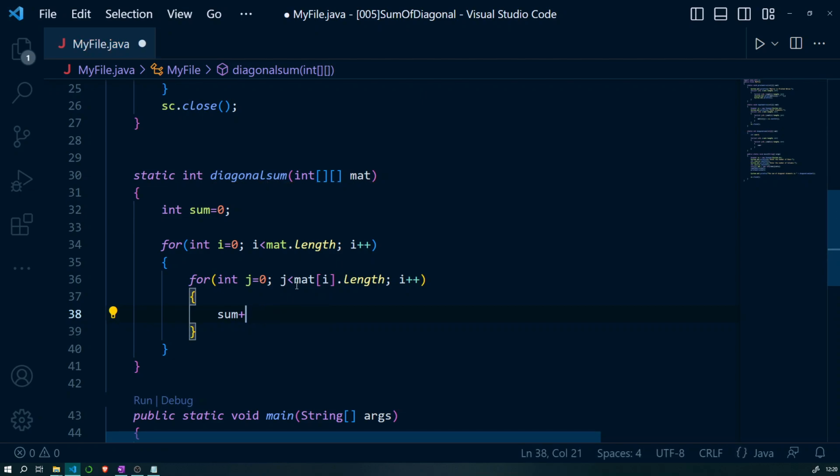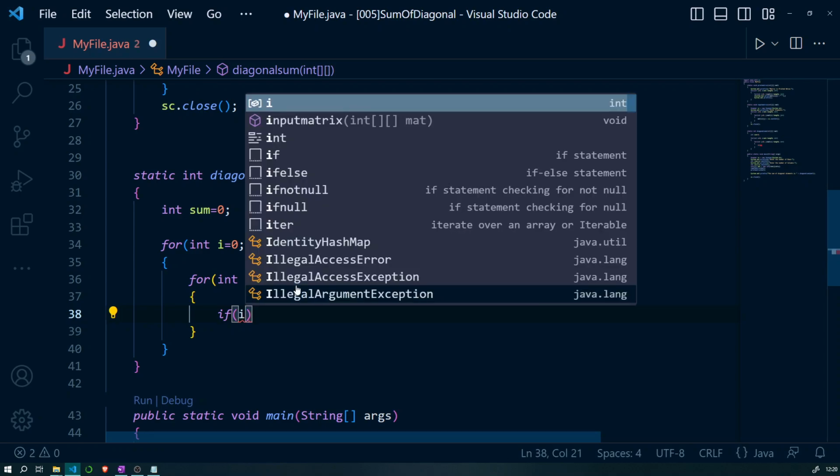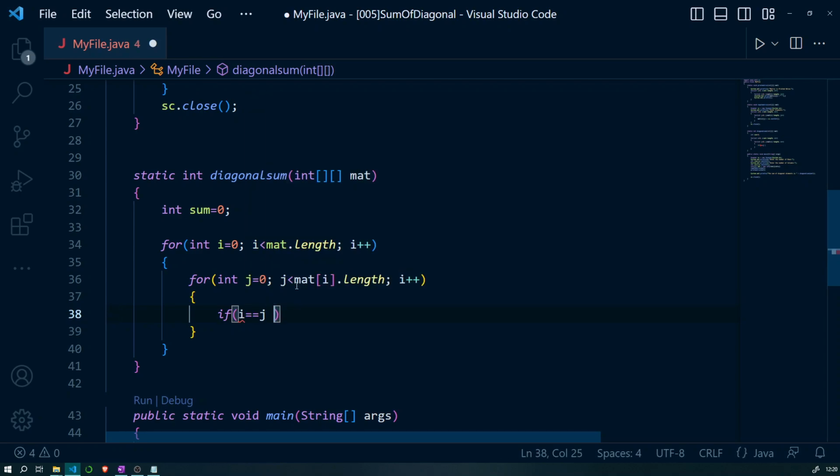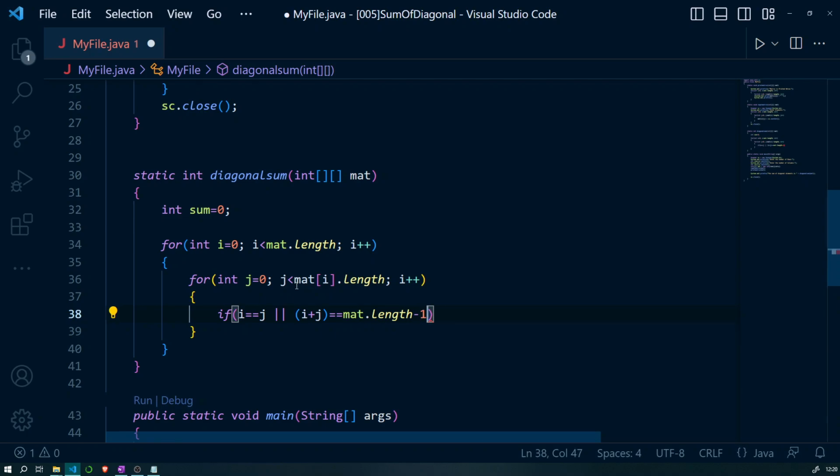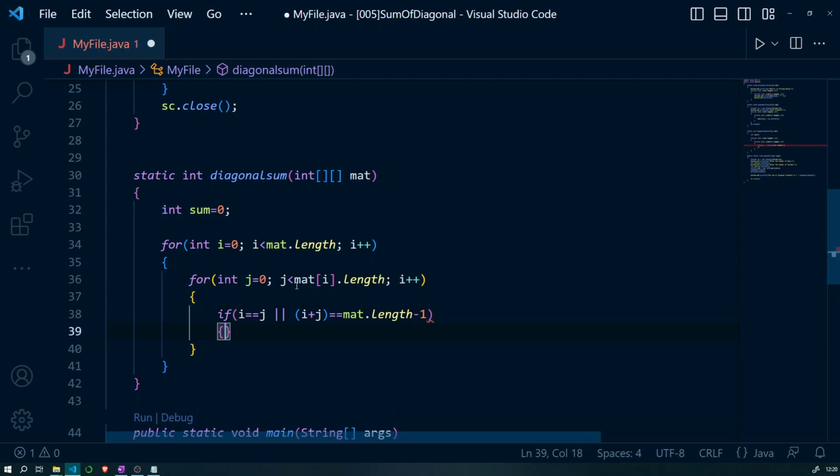No, this is wrong. This would lead to the sum of all elements. We need to find the sum of diagonal elements. So if i is equal to j, or i plus j is equal to mat.length minus 1, if this is the case, then sum plus equal to mat[i][j].